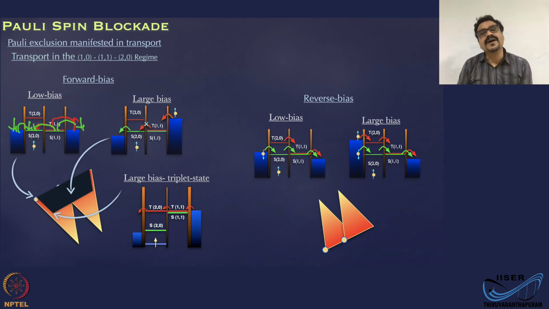This is the situation when you have low bias. Now when you increase the bias, what happens is you have this configuration. So the level in the dot is somewhat going to remain the same, because when you increase the level with respect to this level, the level in the dot also is going to feel that potential. So they also will get lifted a little bit. But that is not really relevant for this discussion here. That is because of the source-dot and drain-dot capacitance, that we are not going to worry about now. But now the situation is slightly different.